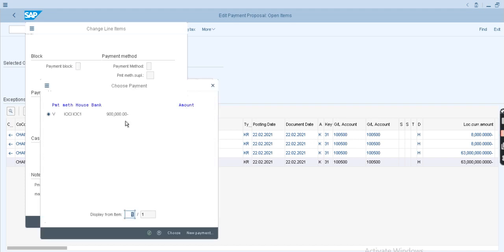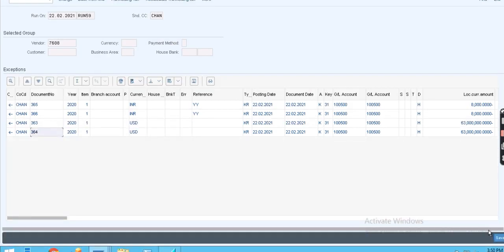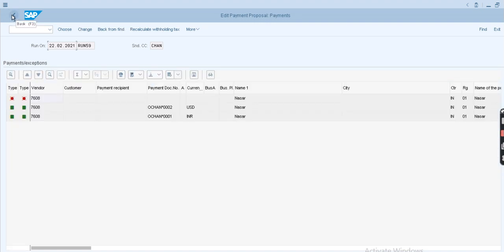Reallocate, select. Now save it. I haven't given vendor payment method details in the vendor master and at invoice level. That is the reason we reallocated.